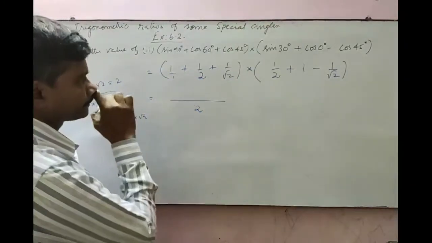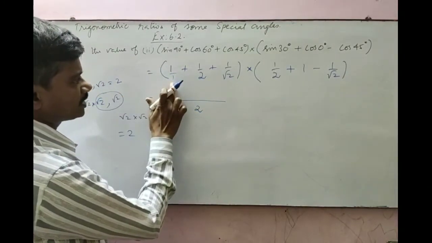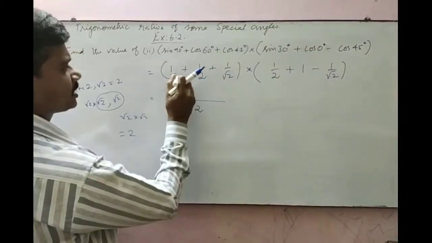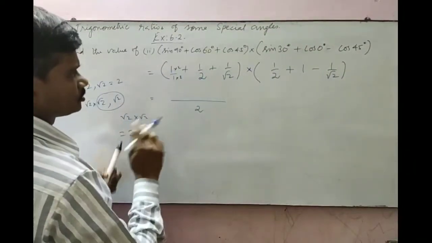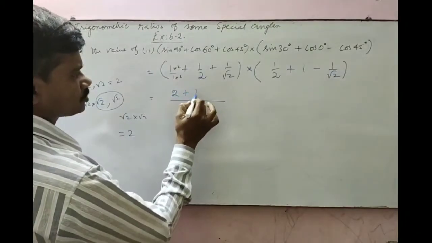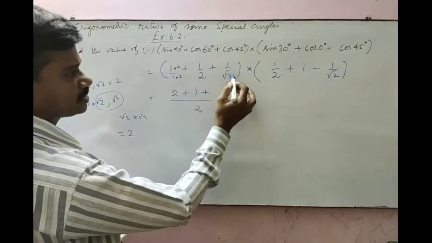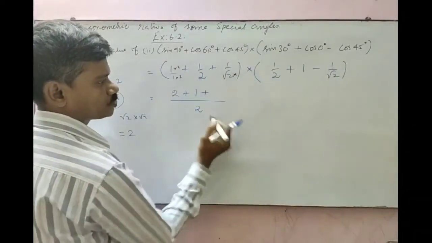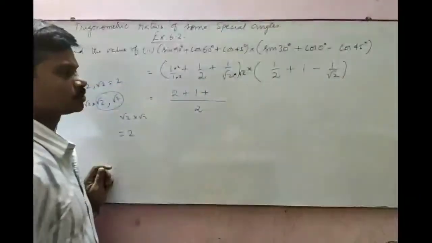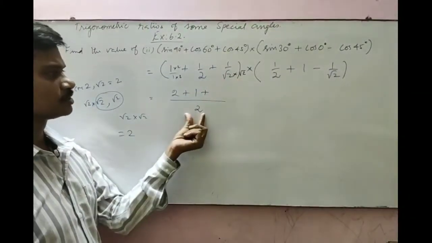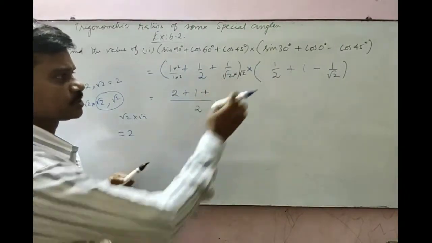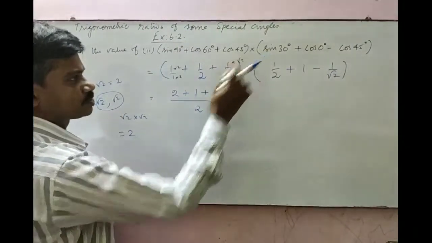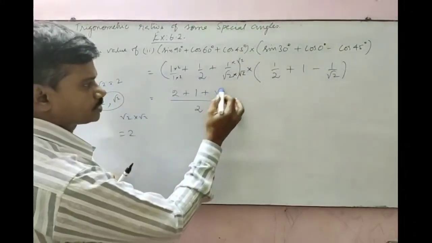Here you make the denominator as 1. So you have to multiply the 2, both the numerator as well as the denominator, to get the answer as 2 plus 1 plus, here the denominator as root 2. To make this root 2 as 2, we have to multiply the root 2 with root 2. Root 2 into root 2 gives 2. So you have to multiply root 2 with root 2. At the same time you have to multiply the numerator also with root 2. So you will get root 2 here.